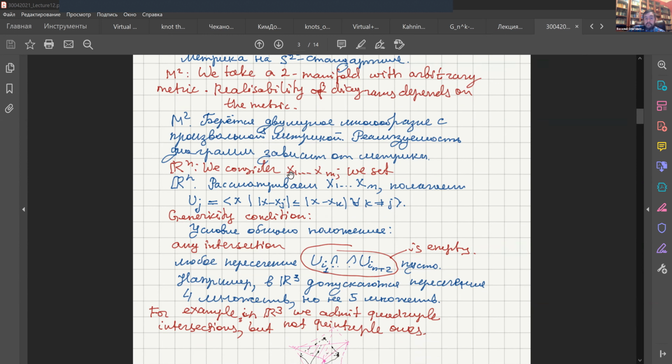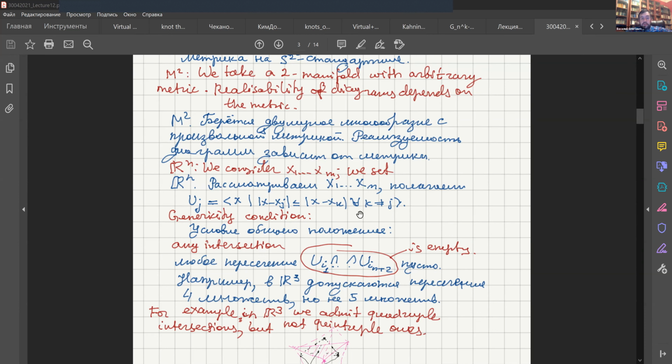So we have some points in some Rn, and we will create such maybe not regions, but a tiling of the whole space into these cells, or maybe these chambers, where each chamber consists of